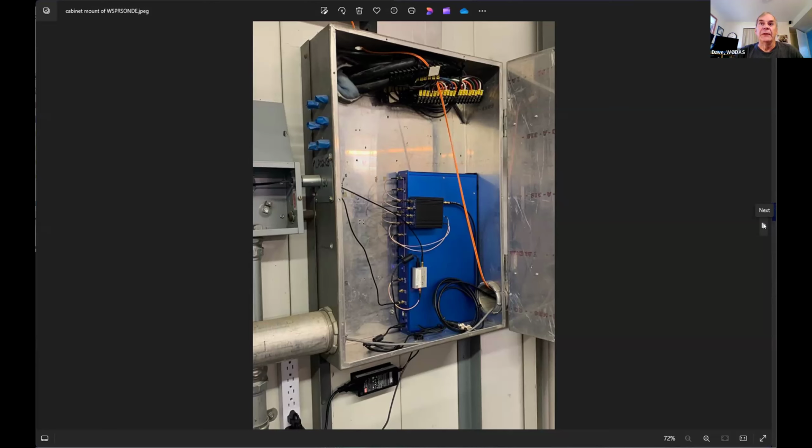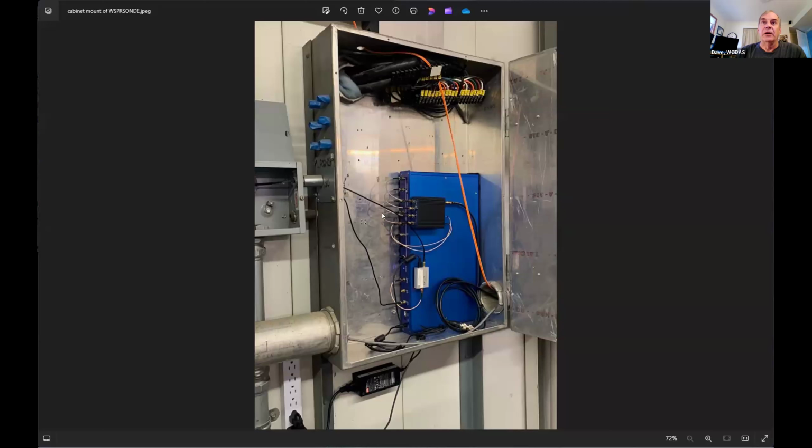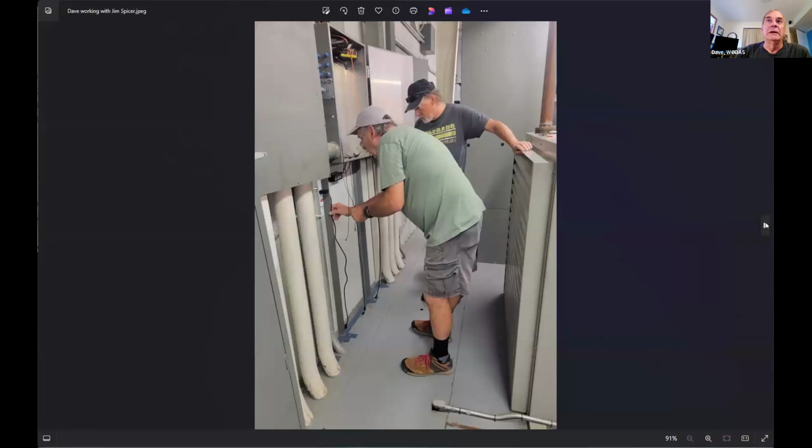I don't know if you can see that, that's the installation of the WSPRSonde. They had an extra abandoned box that we decided to put it in. It mounted very nicely, and very short runs. I've only got 3-meter runs on these GPS pucks. Very conveniently, there's an opening to the outside of the building and we're able to run and get those placed in that spot. You only need one puck. There's a loop through feature in the...